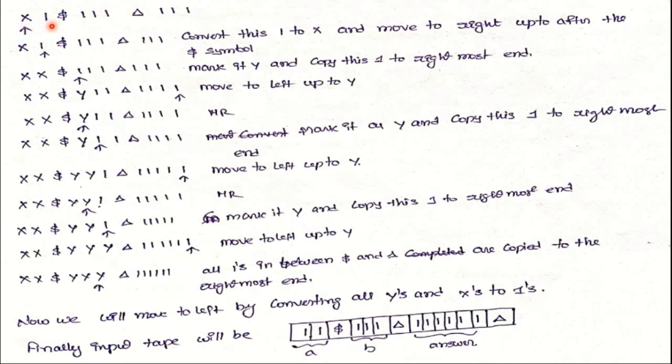Now we move right to read the second input symbol from the variable A, the second one from variable A. This one can be marked as X and we repeat the same process. We copy each and every one from variable B at the end of the tape. Again move back, again consider the next value and again copy at the end of the tape in this manner. So this one can be marked as X and move right. Now, after X immediately comes dollar, so there was no 1, so directly move to the variable B.